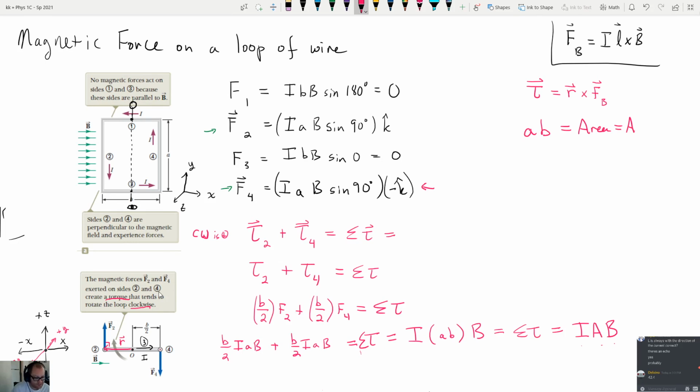Now, how far is it going to rotate? Is it going to just rotate in circles over and over and over again? I don't know. I guess we'll have to think about that. But this is the starting point, and what we'll do is we'll look at what happens when there's an angle